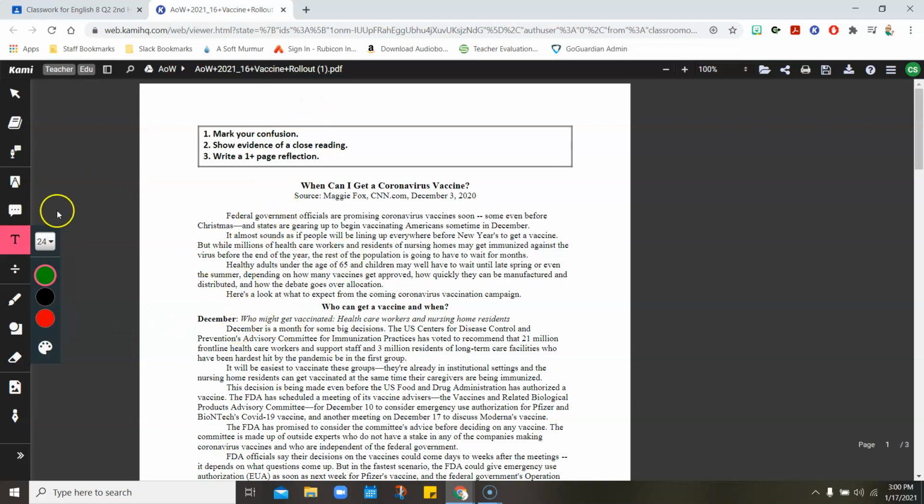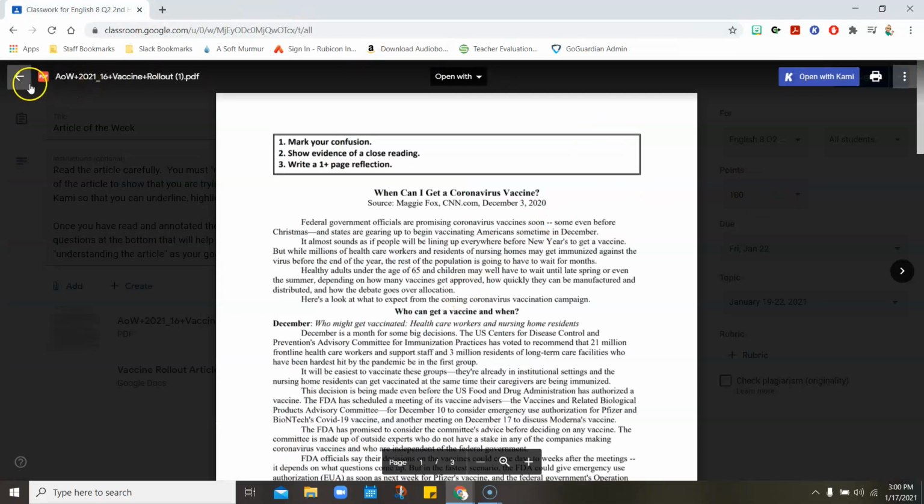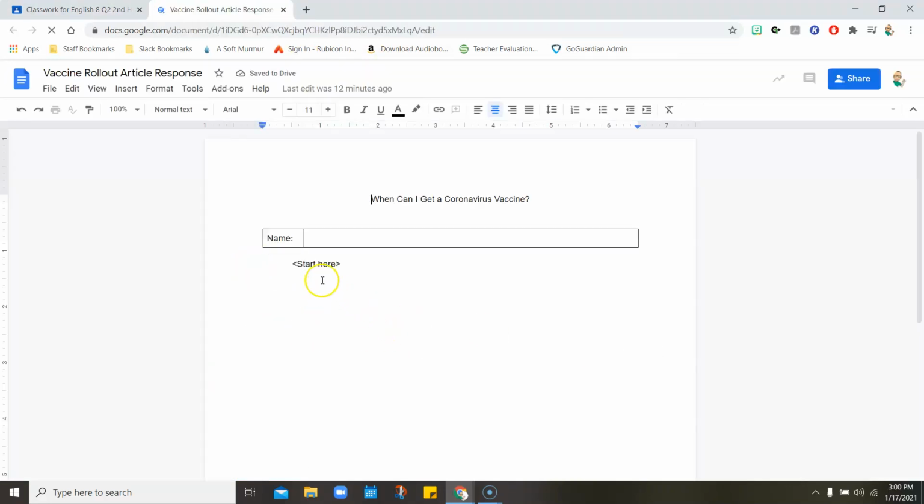All right, so when you're done annotating this, you're going to turn in that, and you're also going to go to your 1-page response right here. And I've already indented it for you, so basically all you're going to do is you're going to go over top of this and start typing here. This article was about the COVID vaccines that are now available, etc. So you're going to talk about what you want to talk about in the article, and it's going to automatically skip lines for you.